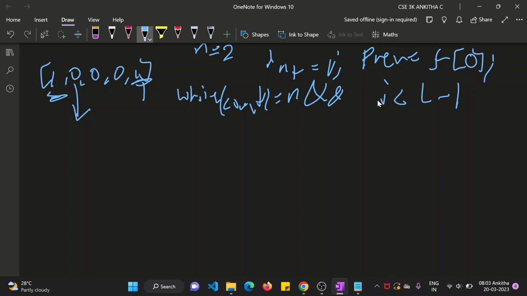So why do we need this? Because if you take this value now, i equal to 1, you have to check whether the previous value and the next value are 0 or not. If either of them is not 0, then you cannot plant a flower in this position, right? So that's why we need a previous value, previous equal to f of 0. So now this condition we have taken, right? So now we have to check if